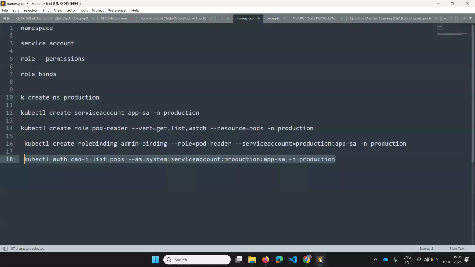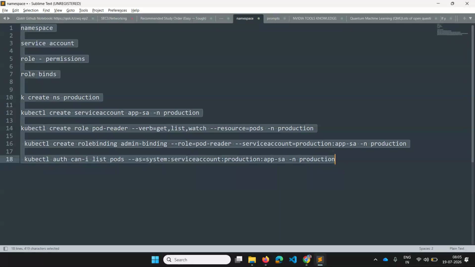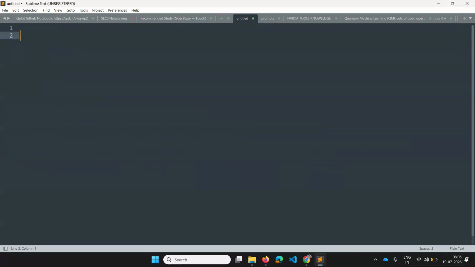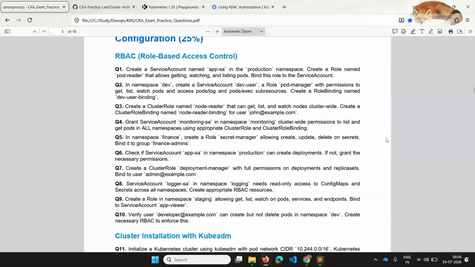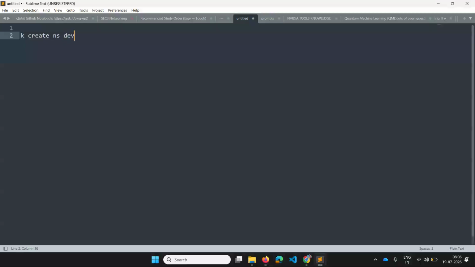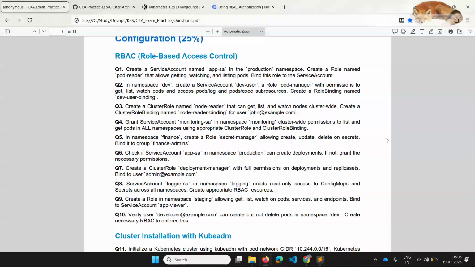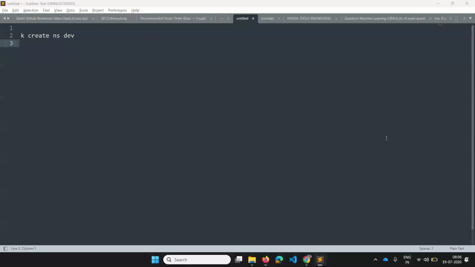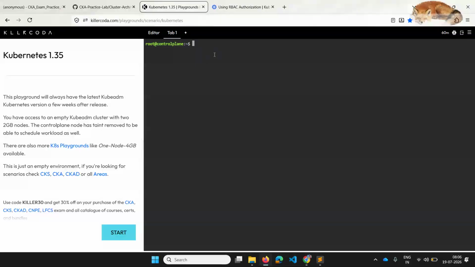So let me first clear this and create a namespace which is dev, and inside this we have to create a service account called dev user. If you have seen my video on question 1, how to create a service account and what is a service account, please go back to that.